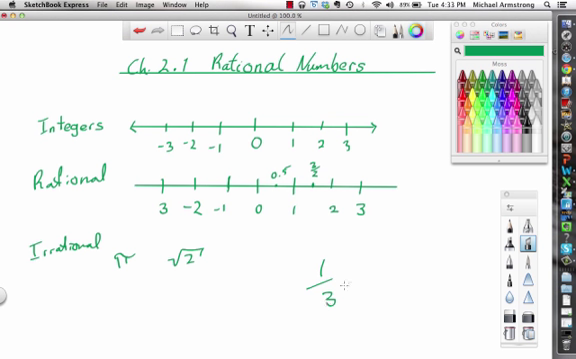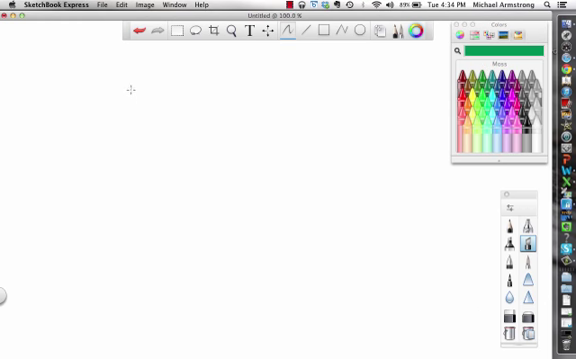For instance, 1/3 ends up being the repeating decimal 0.333, and that goes on and on and on. And you can use bar notation. This little bar over the top shows that it's repeating. So we talk about repeating decimals, which I think is one of the first things. Terminating decimals and repeating decimals. A terminating decimal has an end. It terminates,